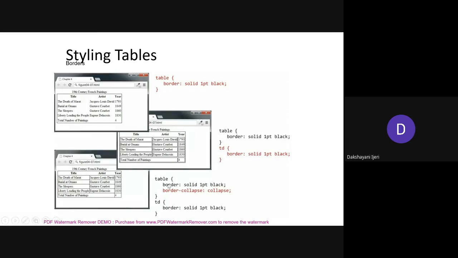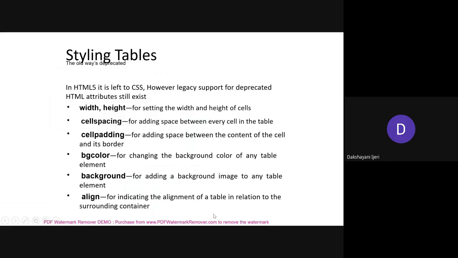So in general, if you take only border as a property, you can set multiple values, like what kind of border you want, what should be the width of the border, and what should be the color of the border. Another property that you can use here is border-collapse. Even if you have set the border, if you don't wish this border to be visible in the tables, you can take the property border-collapse, with the value collapse, to tell it not to apply the border. Similarly for the TD, the same properties have been set here.